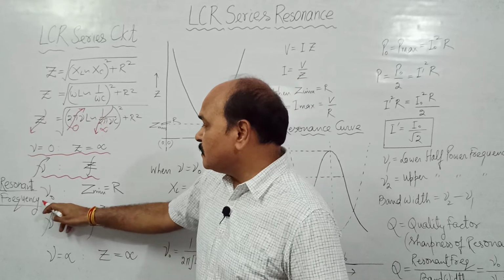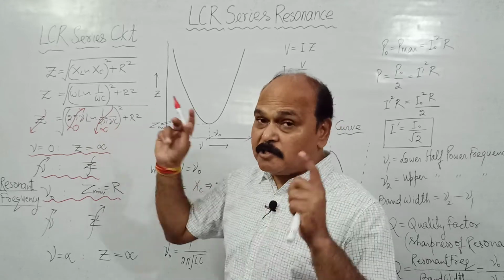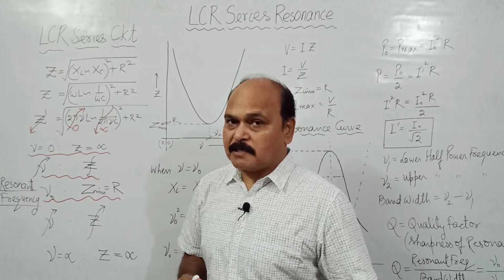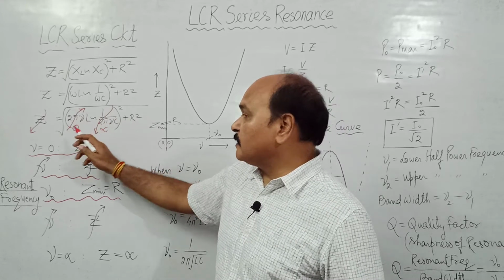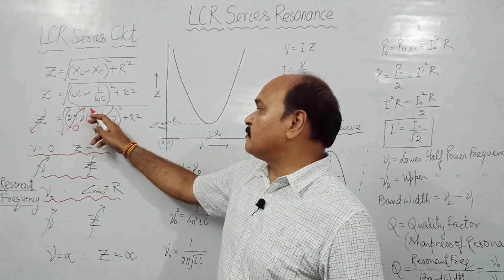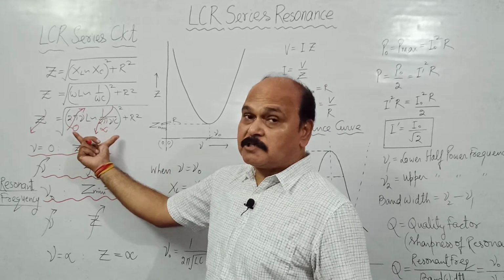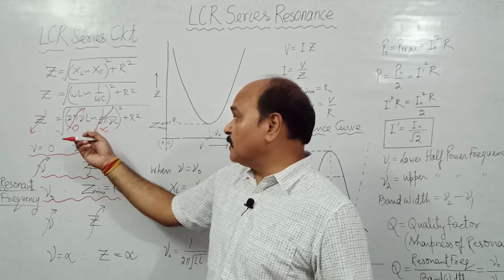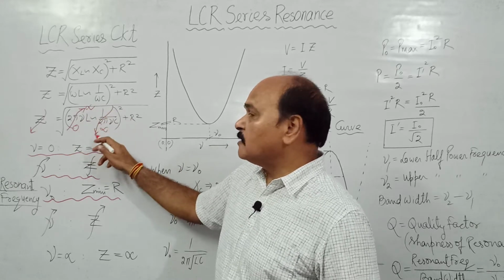So the frequency at which Z becomes equal to R, the frequency at which this term becomes equal to this term, is what is called as resonant frequency of LCR circuit. Well, at this frequency, Z is minimum and that is equal to R. And if we further increase the frequency, what happens? This term increases further, and this term decreases further. And what happens? This difference now starts increasing. This difference, which was initially decreasing, became 0, and as the frequency is further increased, it moves towards infinity, while the other term decreases from infinity towards 0.